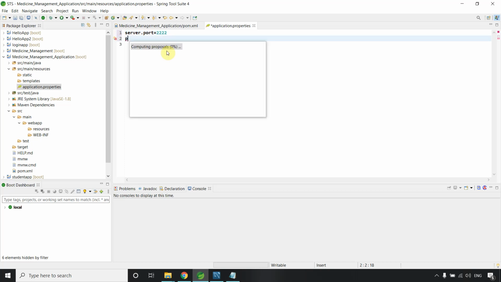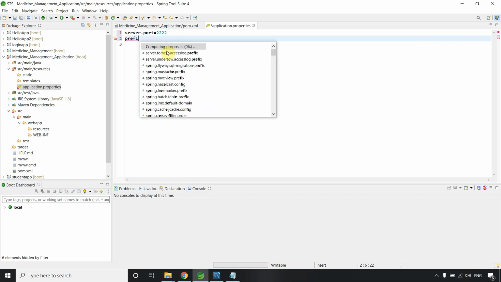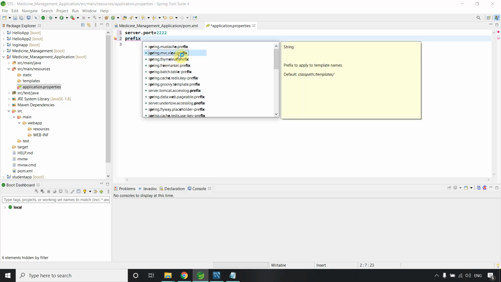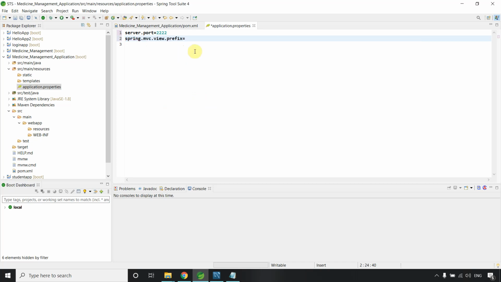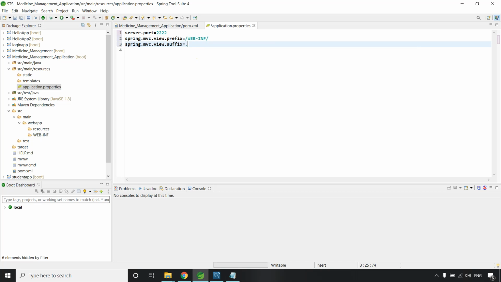So now the next thing I want to do is the prefix. Which prefix? The MVC view prefix, and here we can say /WEB-INF/. And likewise I want to give the suffix, the MVC view suffix, .jsp.